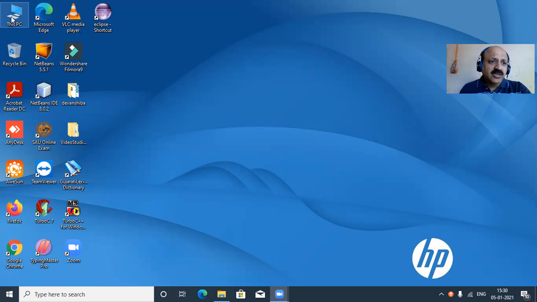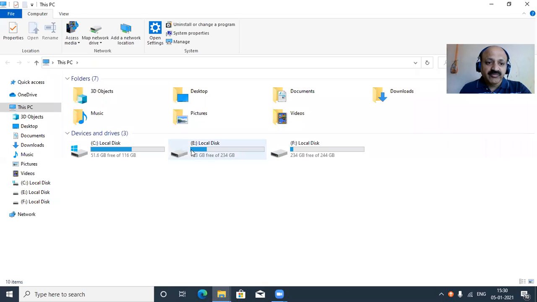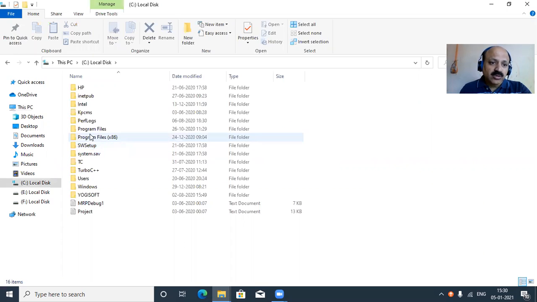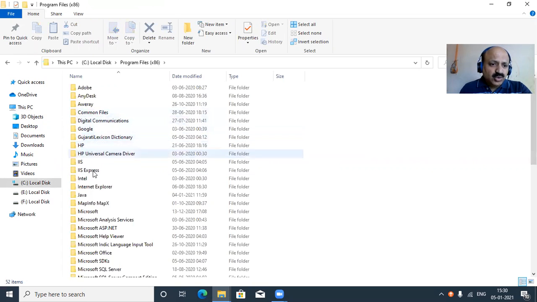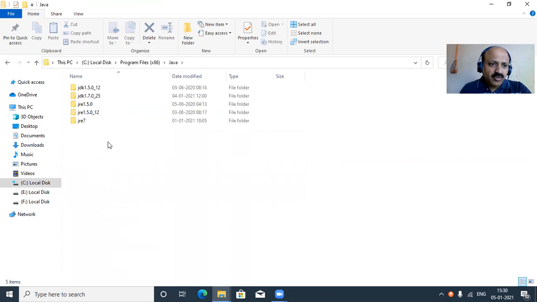So first step, in your laptop or PC, you have to check which version of JDK is installed. Here in my laptop, in Program Files, Java, there is JDK 1.7.0_25 and an old one, JDK 1.5.0_12. So there are two JDKs. NetBeans I also installed. So that is an appropriate JDK. Version 1.6 or higher is the requirement for today's latest ADT bundle,